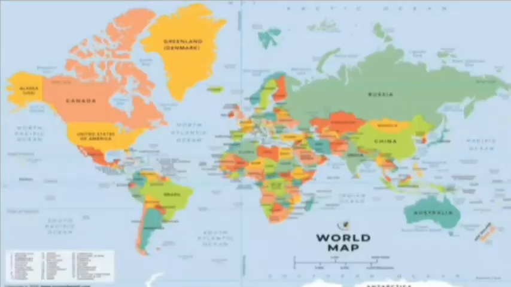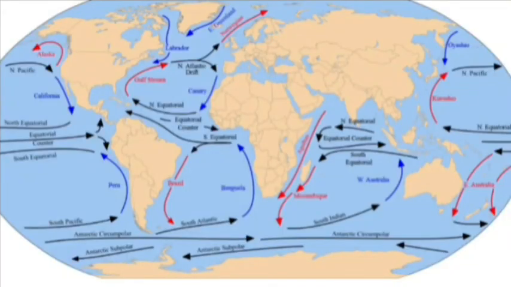Second factor is ocean currents. Here you can see that around the North American continent, various ocean currents are there. Gulf Stream and Labrador Current. These are the two major ocean currents which affect the climate of North America. Gulf Stream makes the climate of this part of North America warm, whereas Labrador Current makes this part of North America cold. And the place where Gulf Stream and Labrador meet, there Newfoundland is found, and that is very famous for fishing. We'll discuss all this in the video on resources and utilization of North America.